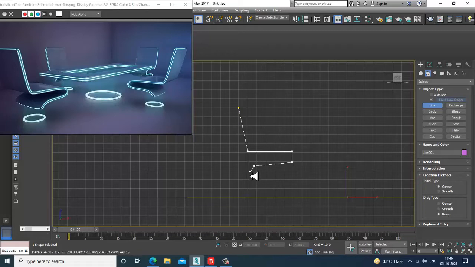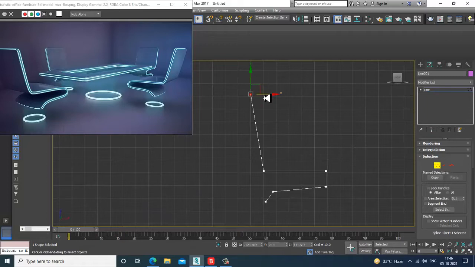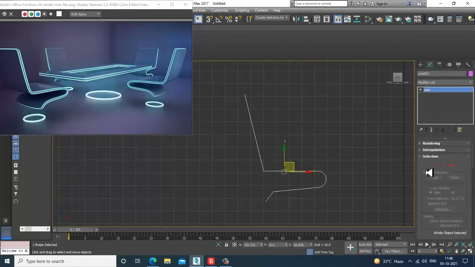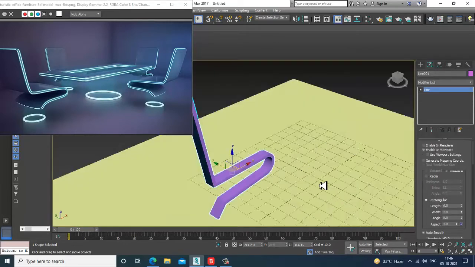Let's select the vertices and give a bit of fillet to it. Rendering, enable in viewport, and make it rectangular.